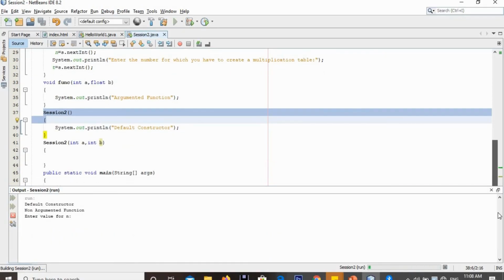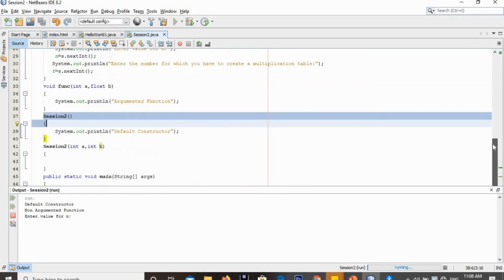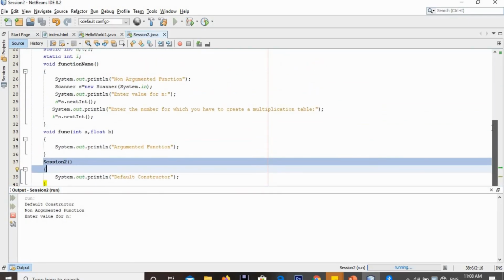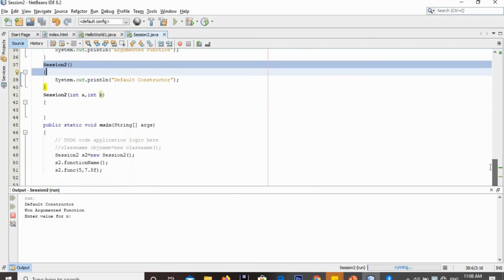Here, clearly watch your program. Our output is default constructor, no-argument constructor. The starting point for the execution of your program is the main function. In this main function we have a line, Session2 s2 = new Session2(), which is nothing but object creation.